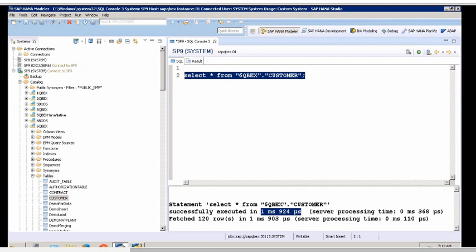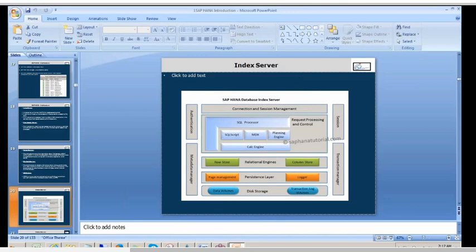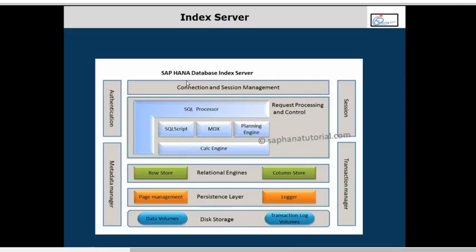So this is a session, right? Now understand this. The index server has something called connection and session management. From the client tools, I am getting connected to the HANA database server by using a username and password.